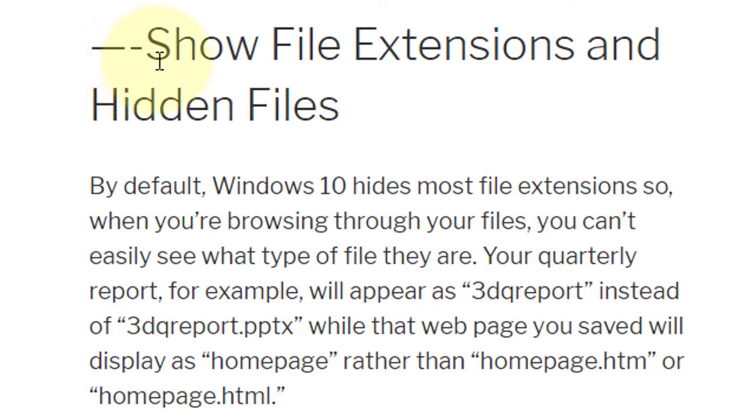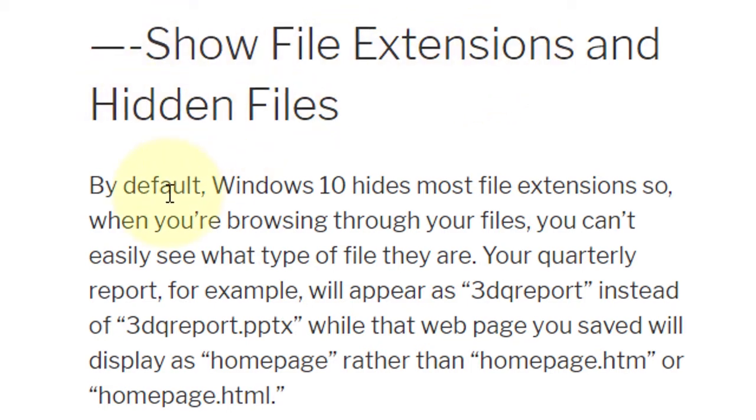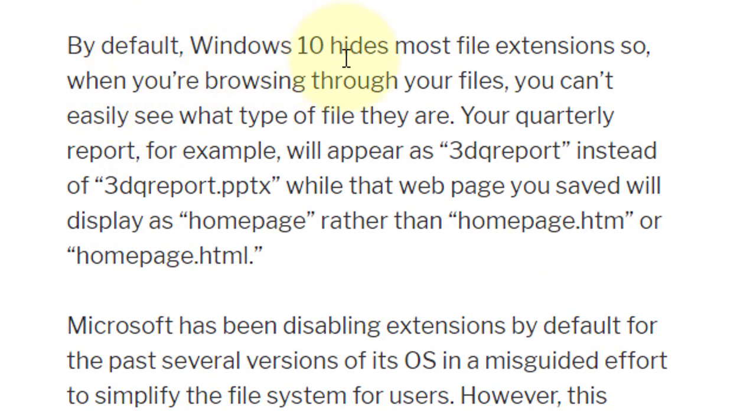Now we are going to show file extensions and hidden files. Friends, by default, Windows 10 hides most file extensions, so when you are browsing through your files, you can't easily see what type of file they are. Your quarterly report, for example, will appear as Q report instead of Q report